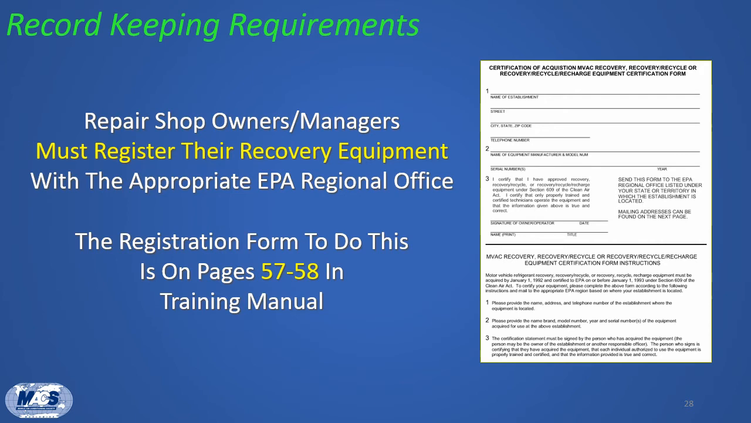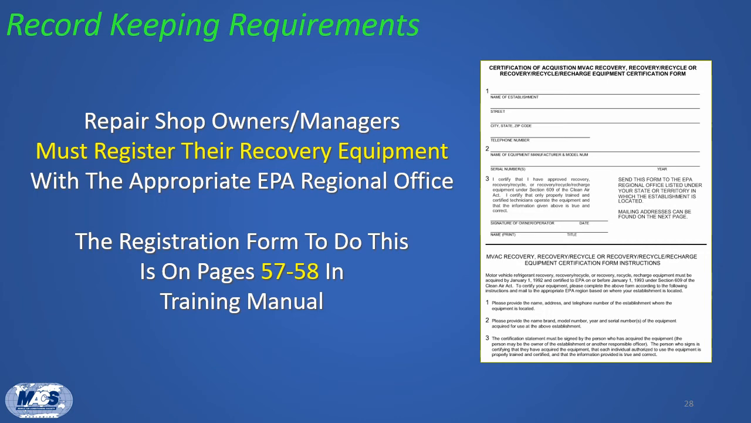We also have record-keeping requirements, which basically say that we have to register our machines with EPA. The form to do this can be found on pages 57 and 58 in your training manual, and it's a pretty easy form to fill out. You just write down the name of the shop, the address, city, state, and zip, and your phone number, and